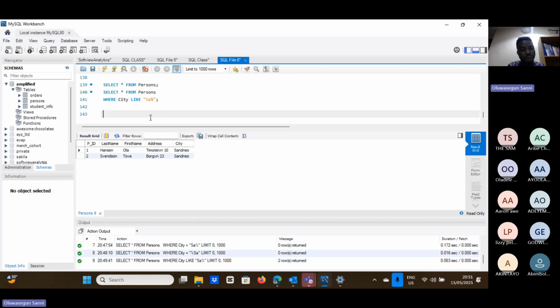I think the first name should be this. I want to see the person whose name starts with O, right? So I'm going to say select all from persons, using the same explanation that I've given. I'm going to ask a question, and I'm going to want somebody to do something for me after this, so please get prepared. Select all from persons where